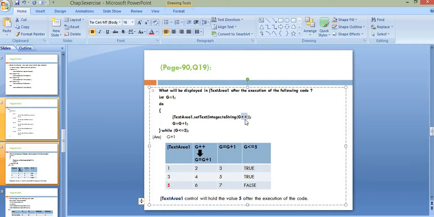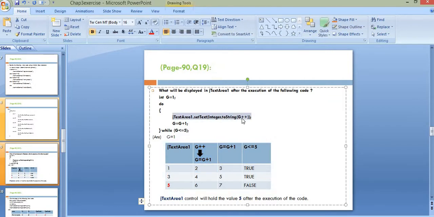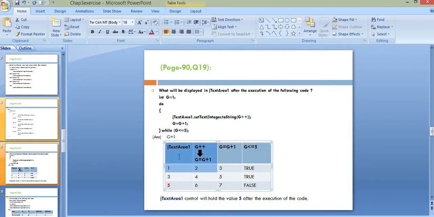And after that, using this ++ operator of this postfix notation, the value of the variable z is incremented by 1 to give the new value of the variable z as 2. So from this particular Java statement, we got the value of the text area control, which is JTextArea1, as 1, and the value after the variable z has been incremented by 1